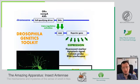We also have a very famous technique called the Gal4 UAS system that we can use in flies. Very briefly stated, you take two elements from yeast and you can introduce them into the chromosomes of flies. One of the elements is a Gal4 element, and another is a UAS element. And basically what you can do is you can fuse the Gal4 to the promoters or enhancers of genes, and you can fuse the other element, the UAS element, to reporter genes, whichever reporter gene you like. And by bringing these two things together, you can achieve a rather simple but very useful thing of being able to express your reporter gene in a very specific